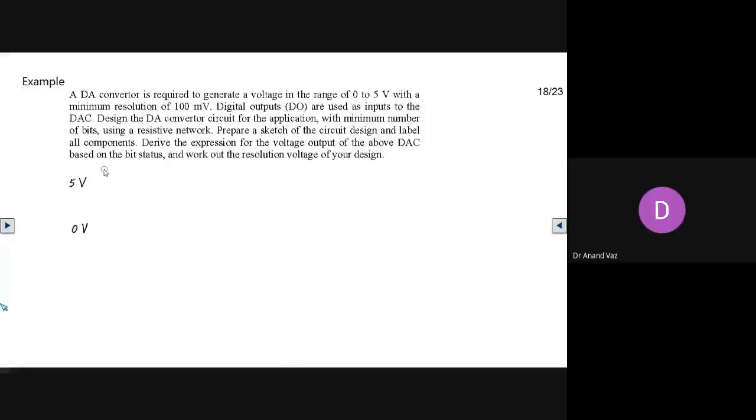And you want a minimum resolution of 100 millivolts. The range which you have is 5 volts. So let the minimum number of bits